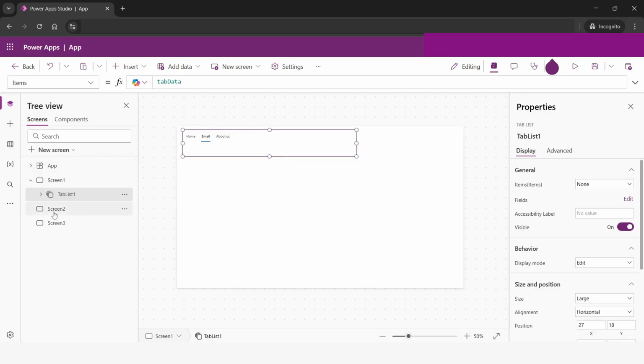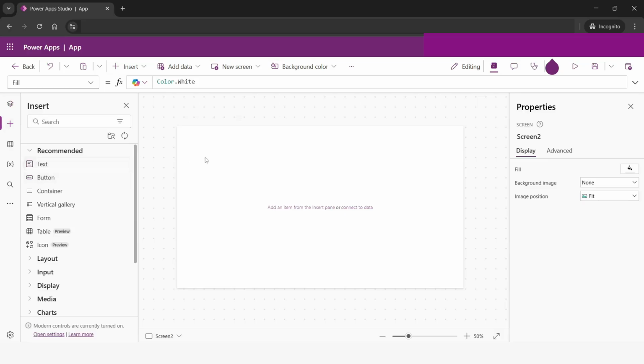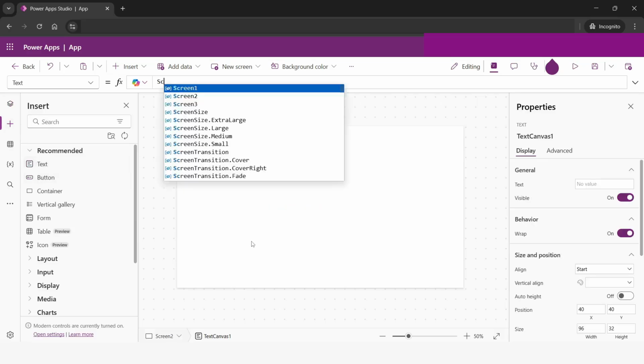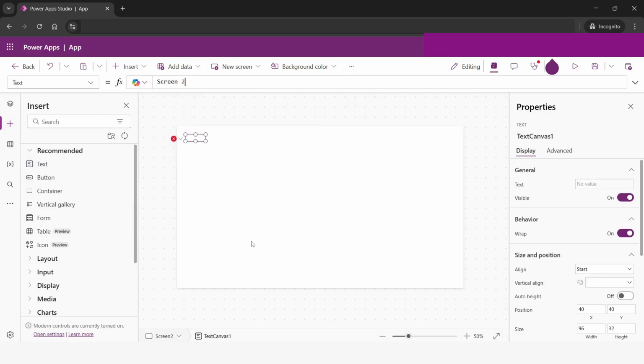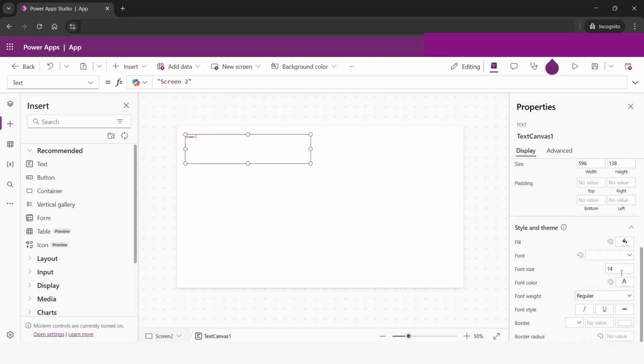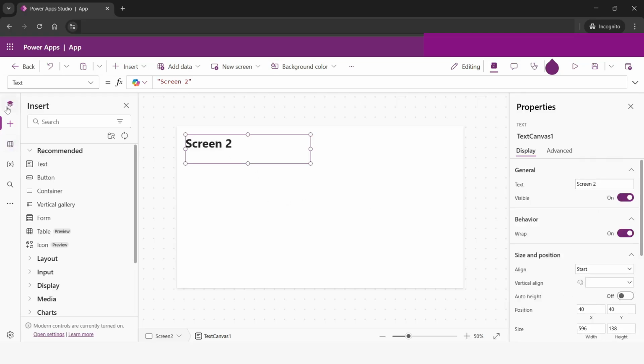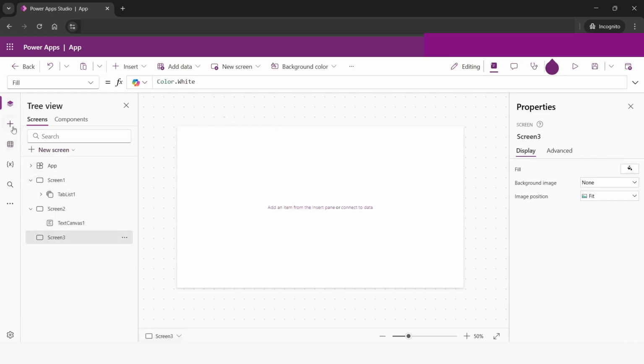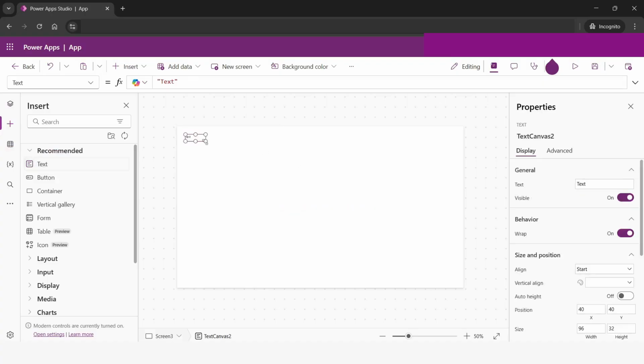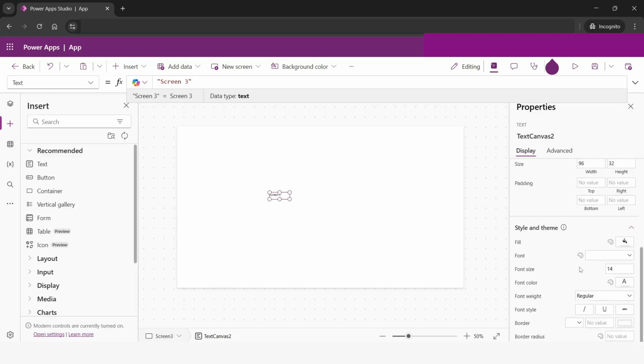Now what I will do is I will go to Screen2. Here I will add a text, and here I will add the text as Screen2. And I will increase the font size here. I'll make it 56, and I'll set the font weight as bold. Similarly, I will go to Screen3. Here I will add text, and I will name it as Screen3. Set the font size as 56, make it regular,